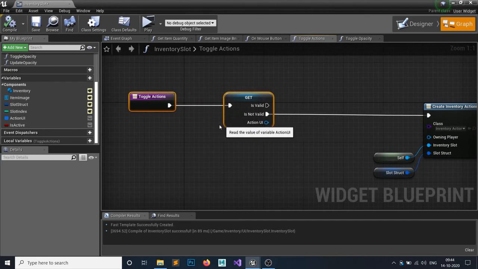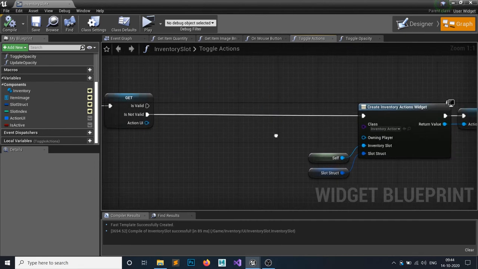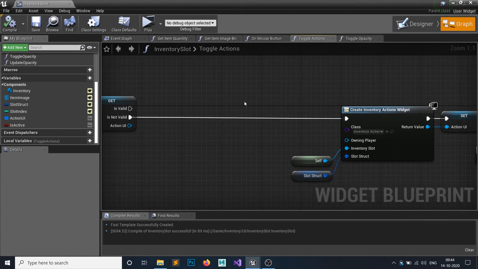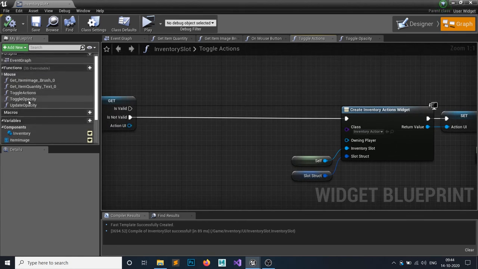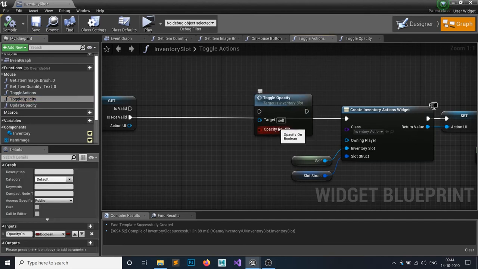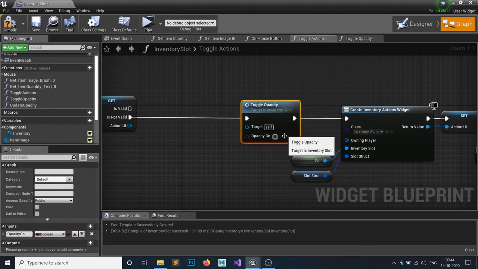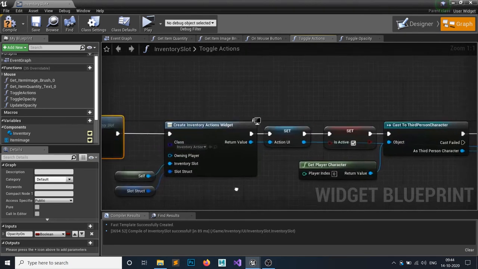So we have done this thing, and what we want to do is grab that toggle opacity, this one. You can see we have one boolean, so we want to set the opacity of all non-selected items to false, and we only want to set the opacity of this current one to true.